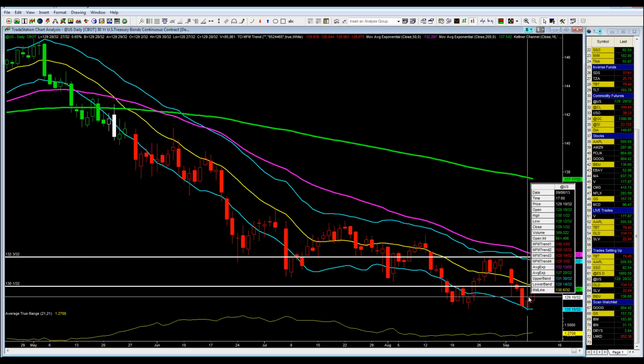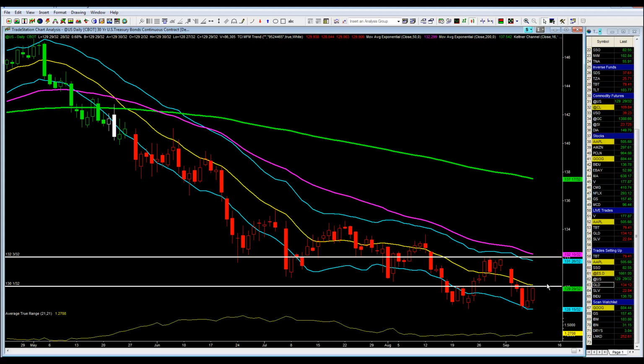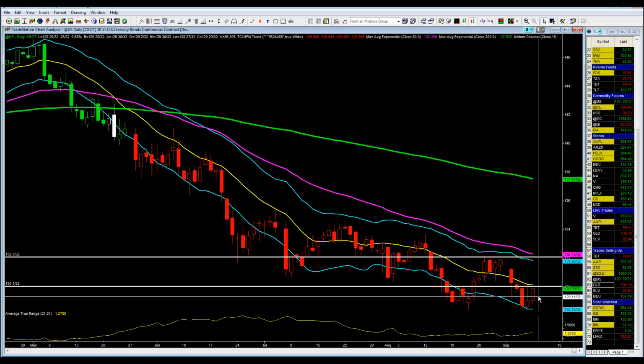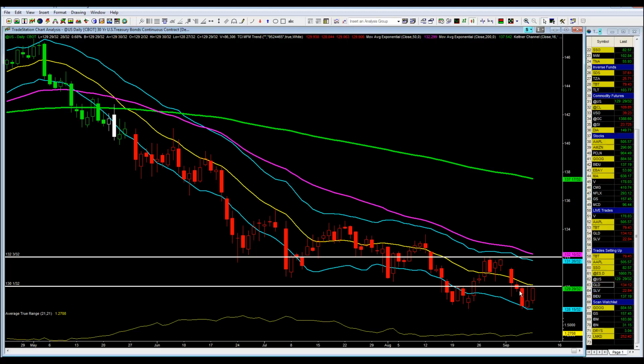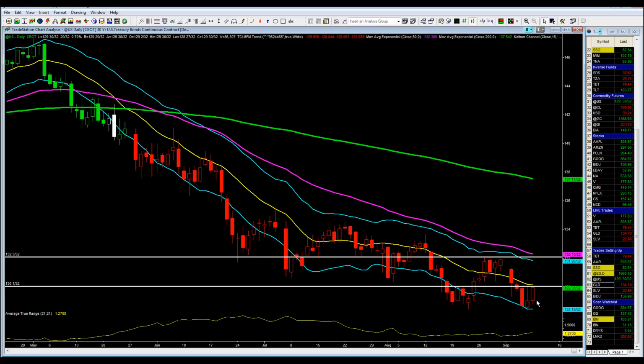First of all, Friday's high is 130 and 1/32, and Thursday's high is 130 and 2/32, right? So I would be looking to buy this market at about 130.06. That would be the official trigger to go long. Now, would I go long there? No. What I would do is wait for the market to penetrate up through 130 and 6/32, and then I'd wait for a pullback 5 to 10/32 down off of that, which would put me back at about